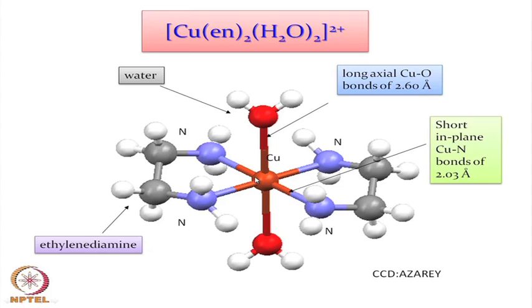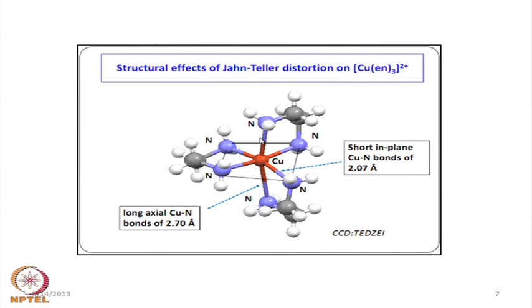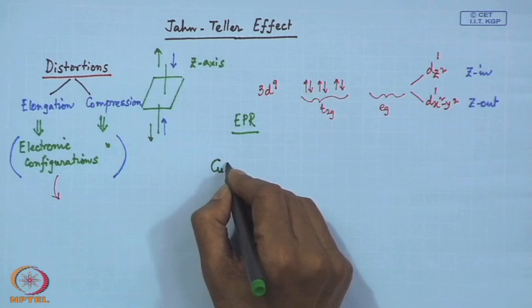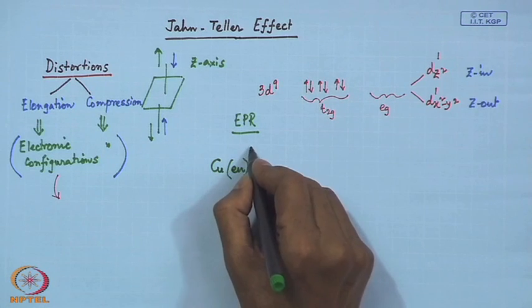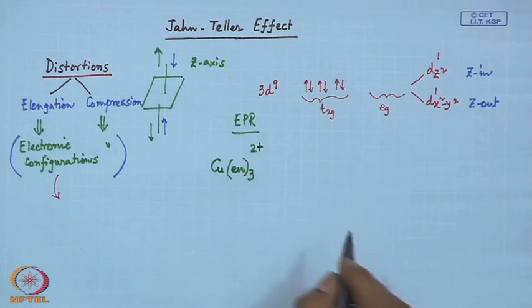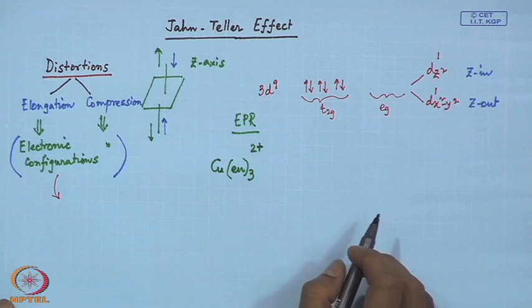So, when we have the chelate rings, we also see the distortion, because the chelates are only restricted within the plane, which is the corresponding square plane, and the axial directions are free for water coordination. But this is also true when we have the corresponding copper tris ethylene diamine molecule. So, in octahedral geometry, when we have the tris ethylene diamine copper molecule,